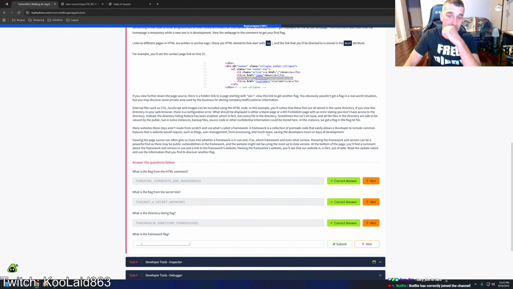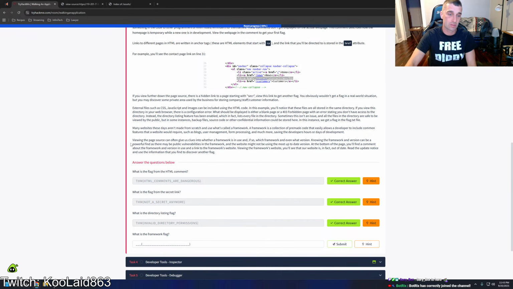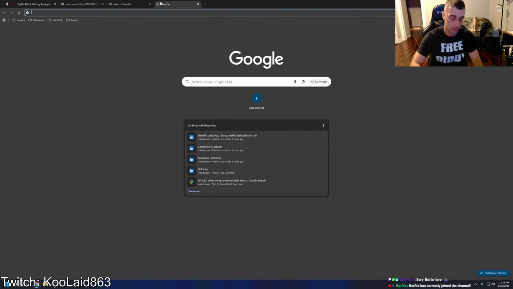these days aren't made from scratch and use what's called a framework. A framework is a collection of pre-made code that easily allows a developer to include common features that a website would require, such as blogs, user management, form processing, and much more, saving the developers hours or days of development. Viewing the page source can often give us clues into whether a framework is in use and, if so, which framework and even what version. Knowing the framework